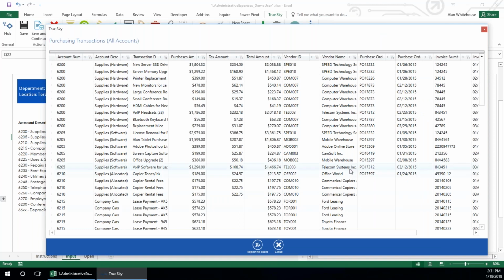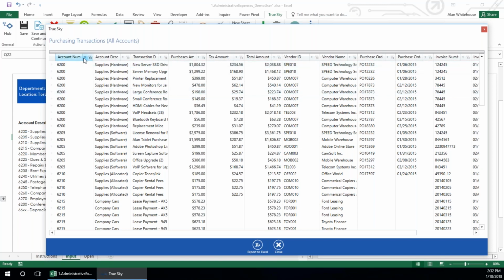So it knows what accounts I had up on screen; it didn't bring me back every GL account we had. It knows what department and what location I was for, so it only alerted on that. Also, it was configured such that it didn't bring me back 10 years of PO data, only the data for the quarter that I was on. And again, those kind of flags are all configurable by you, as are the columns that you see up across